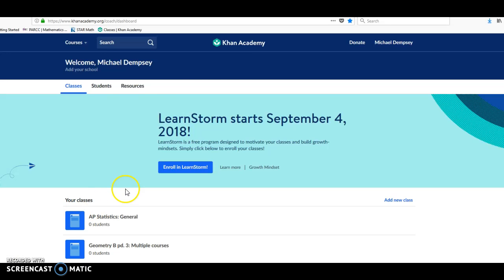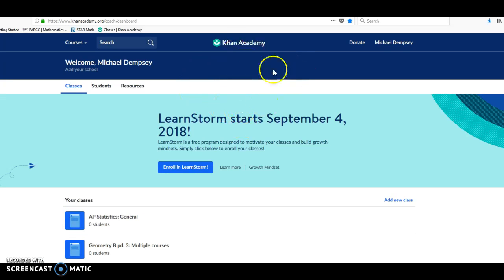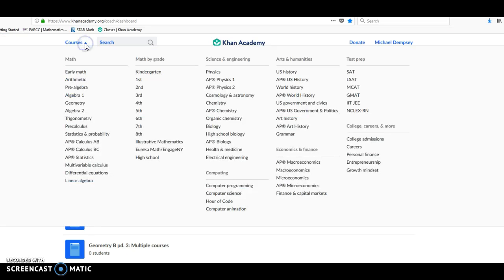as a homework assignment. So if you're at your Khan Academy main page, or if you're somewhere else in there, you can just click on that Khan Academy up at the top there, and that should take you to this automatic start page here. Okay, and just like the directions here, I'm going to go up to this arrow here labeled courses. Let me click on courses, and what we mainly want to work on in our Khan Academy is going